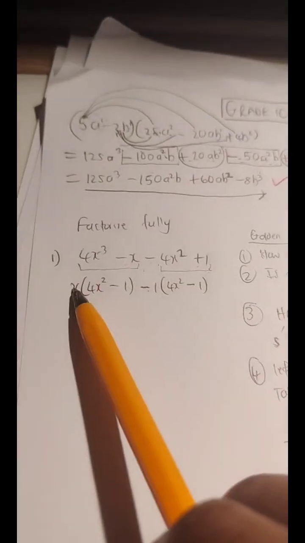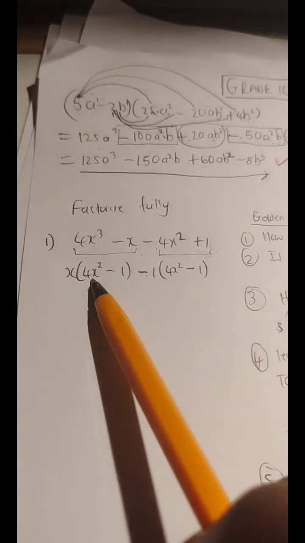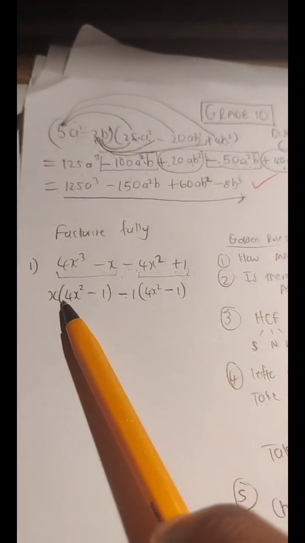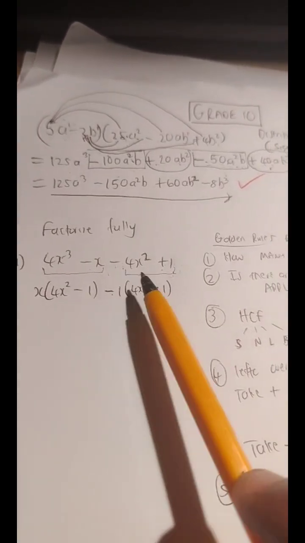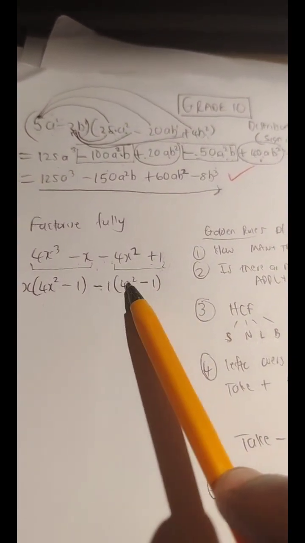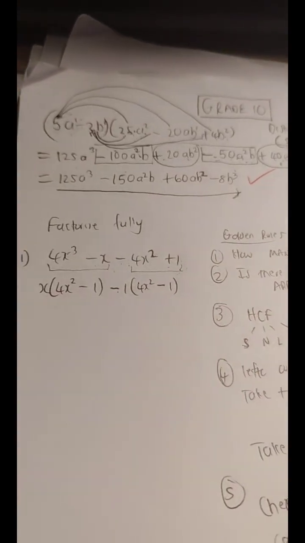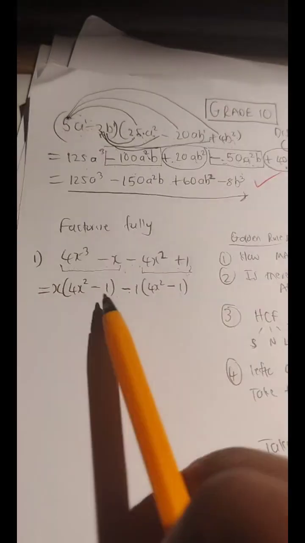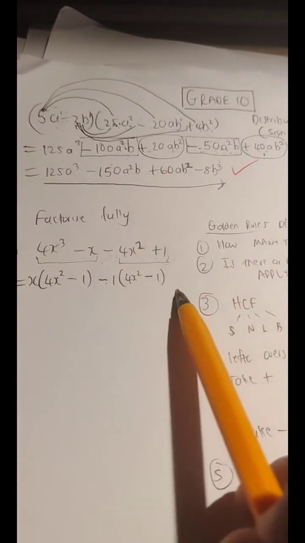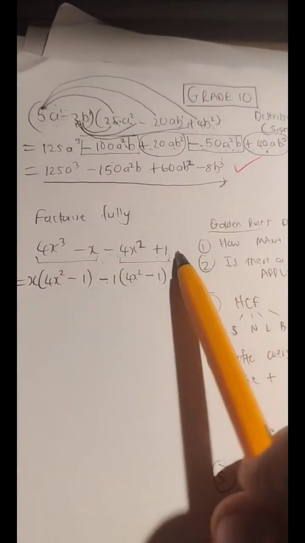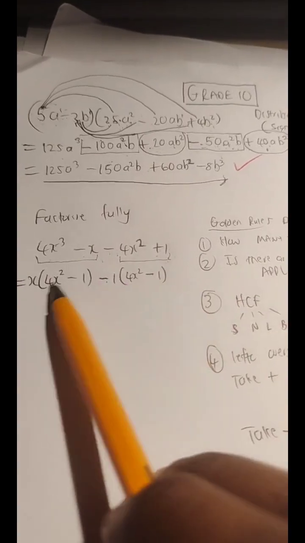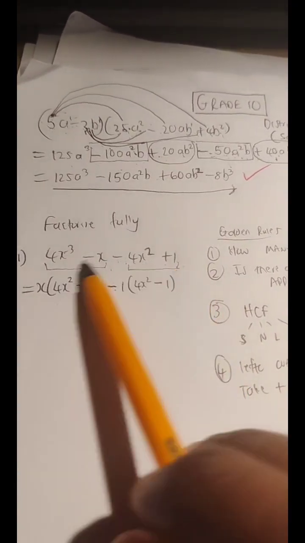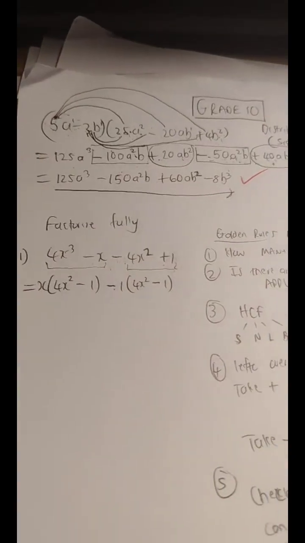But if you take out a positive, look, we took out a positive x. Do you see the term signs? The signs did not change. So be very aware of that, guys, that whenever you take out a positive highest common factor, the term signs don't change. But whenever you take out a negative highest common factor, the term signs, as you see here, changed, you know. So yes, our factorization pairs, very good. Now if you look at how many terms do you have now in the expression, how many terms, guys? Initially you had 4, but with this 2 is to 2 factorization that you did, taking 2 terms factorizing, taking 2 terms factorizing, how many terms do we now have, guys? Do you see? We have 2 terms.